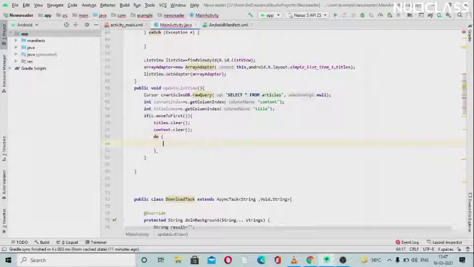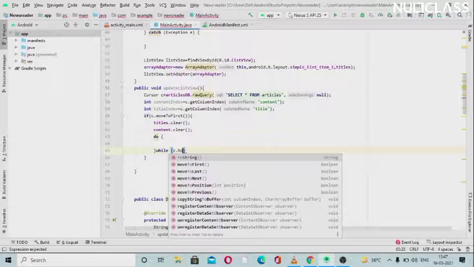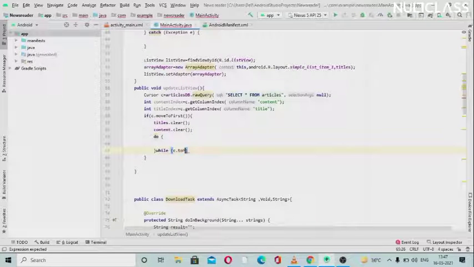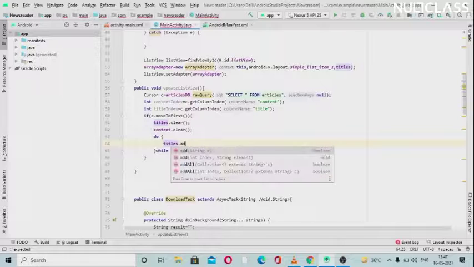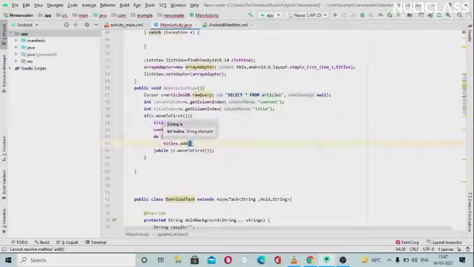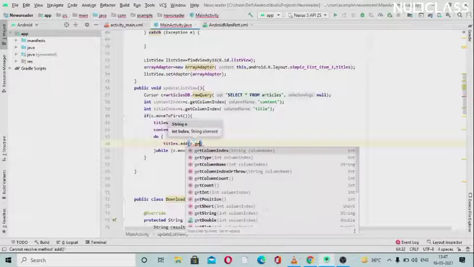So we'll be using a do while statement, and here we need our while part. Okay, so for the while part we will be writing c dot move to first, like as I said, c dot move to first, if we don't find anything, and otherwise we will be using the do statement here, which will be adding, like if it is empty we will add something. So we can add string, as we have created the array list of strings. So we will get